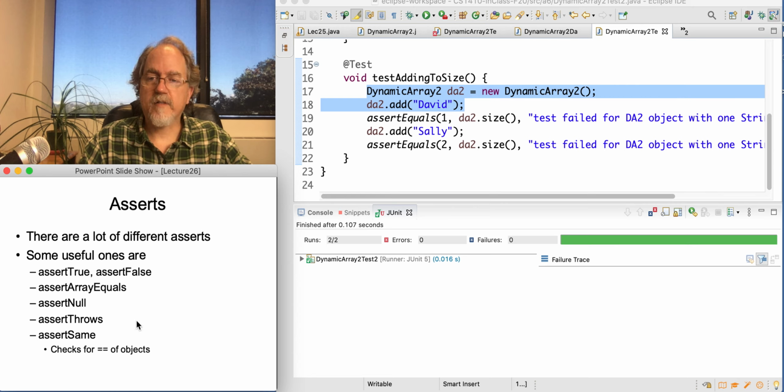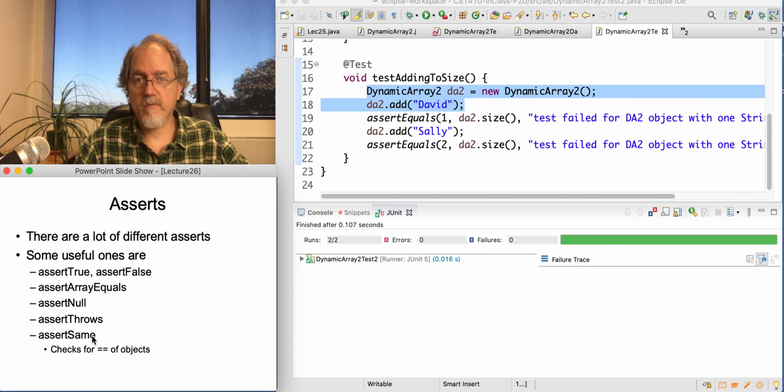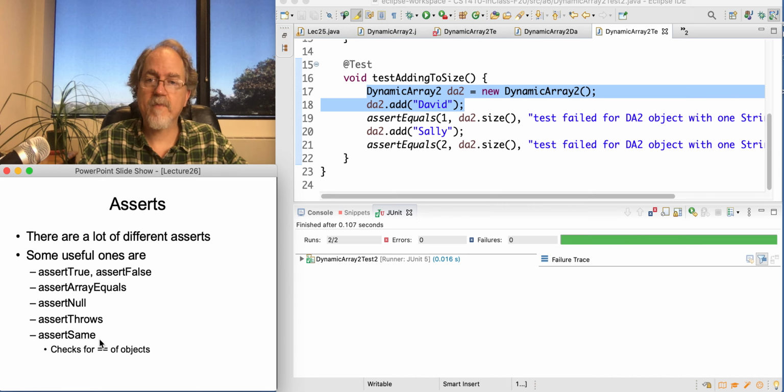You can actually check exceptions. You can assert that it throws a certain exception if you call it a certain way. So if you're testing a dynamic array, you could do a get with an index out of bounds and assert that it's going to throw the array index out of bounds exception. If you want to check for actual reference being the same, so instead of the dot equals, use equal equals, there's an assert same. Again, there's more than that, but assert equals is going to cover